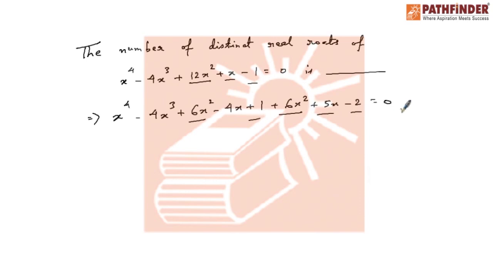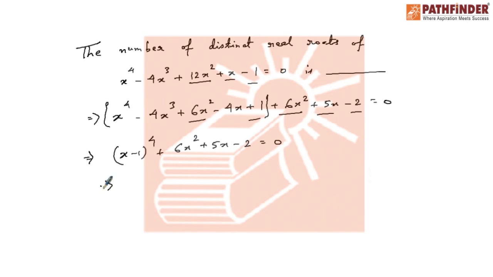So this equal to 0 can be written. The requirement of doing this was we needed the (x−1)⁴ formula, and hence this is (x−1)⁴+6x²+5x−2=0,